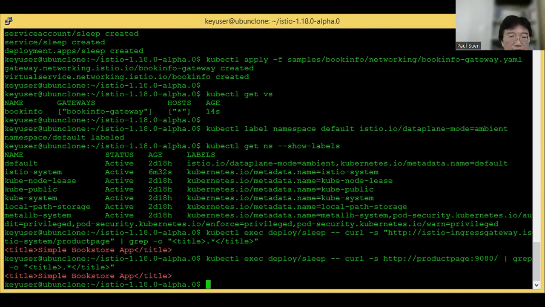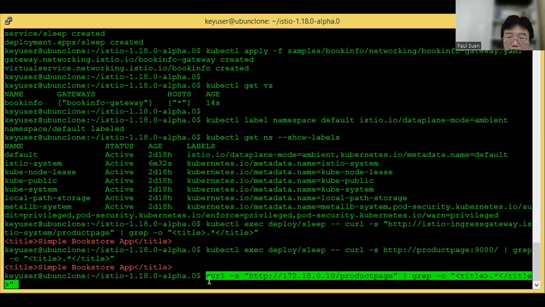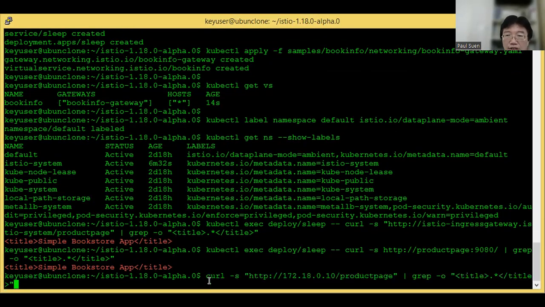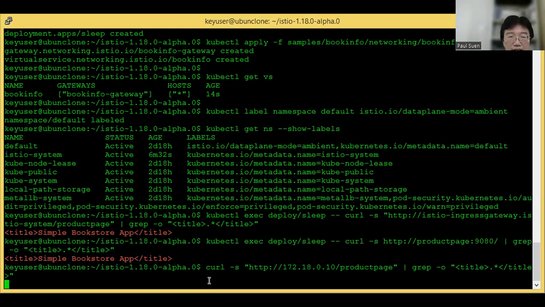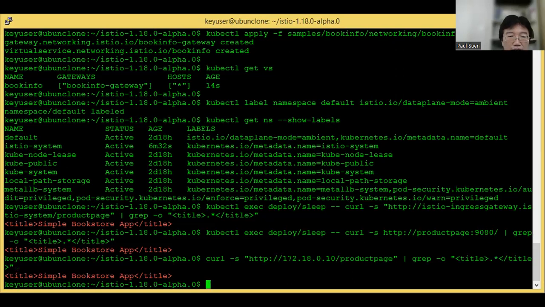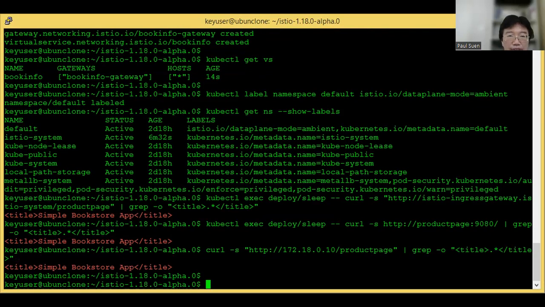And then we try to access the ingress gateway on node 2 on the client host. Yes, it also works.